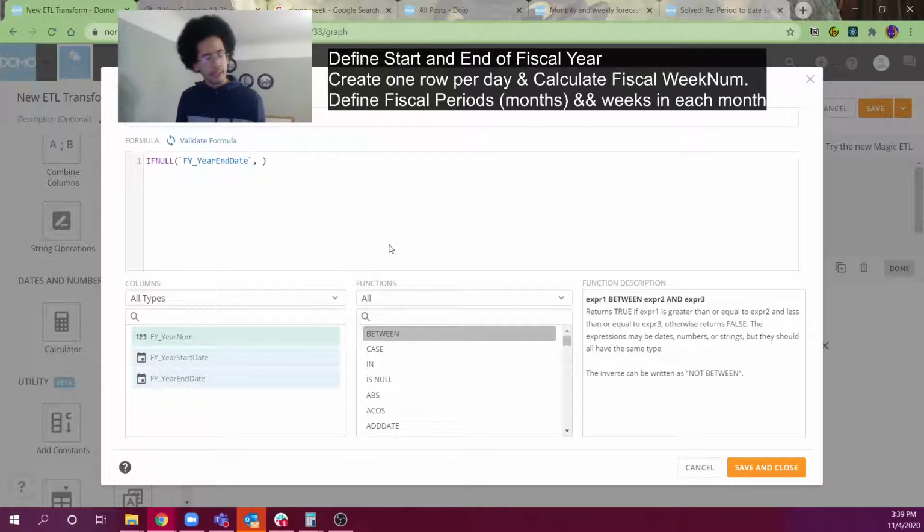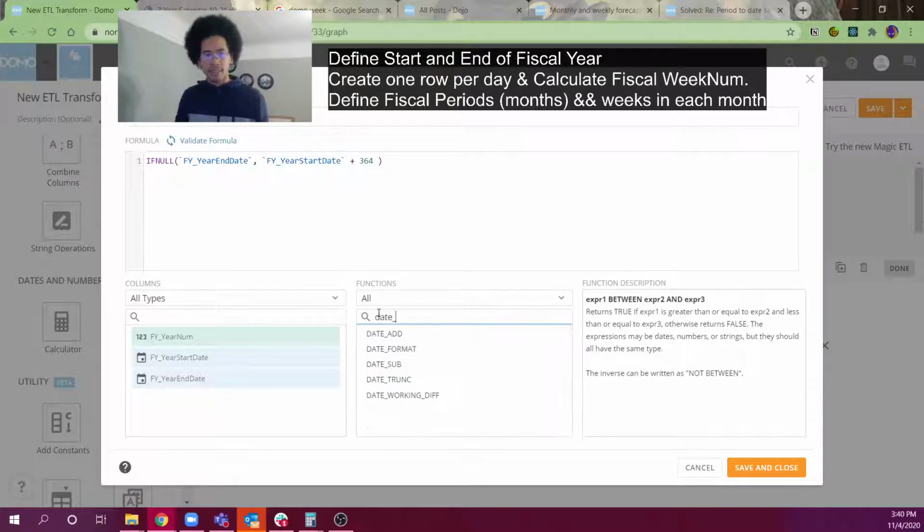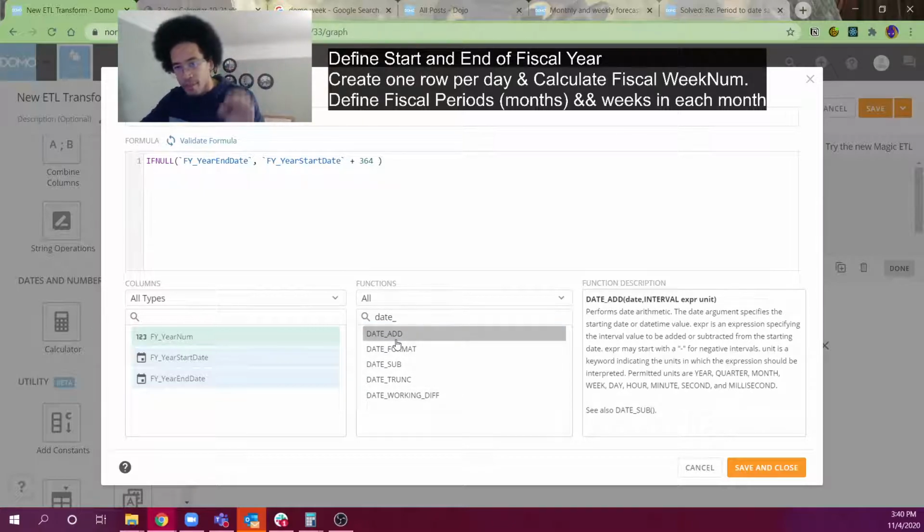So to add dates, I can't do FY year start plus 364. This won't work. But there is a function called date add. Now, date add is the same as date subtract, and it's the same as add date, but I'm choosing date add because most SQL implementations will have an equivalent function. And by most SQL equivalents, I mean MySQL and Redshift and Microsoft T-SQL all have the date add function. And so